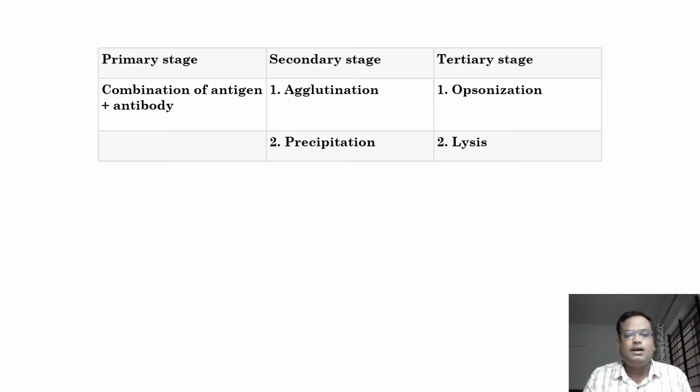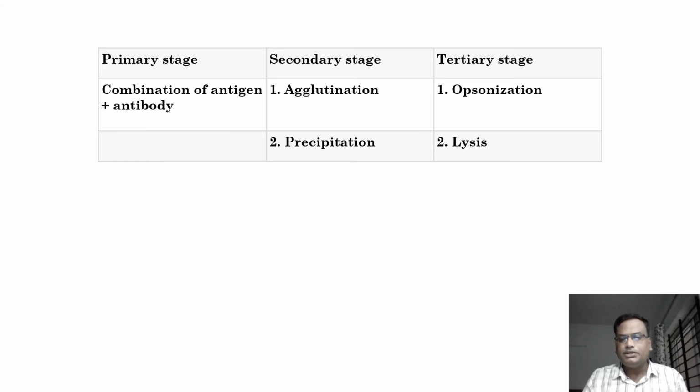Through this chart, let us just try to understand the importance of agglutination and precipitation reactions. Both agglutination and precipitations are examples of antigen-antibody reactions, AgAb reactions. That means the formation of AgAb complex. We already understood the difference between precipitation and agglutination. So formation of precipitation and agglutination is the secondary stage. What happens after the formation of agglutination or clump or the precipitation?